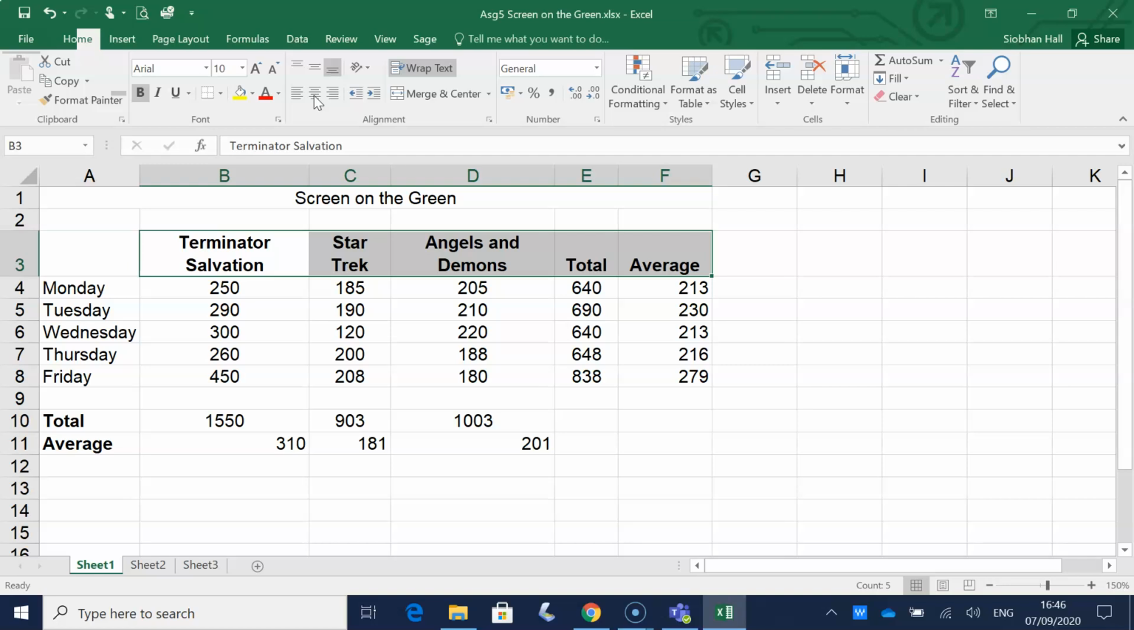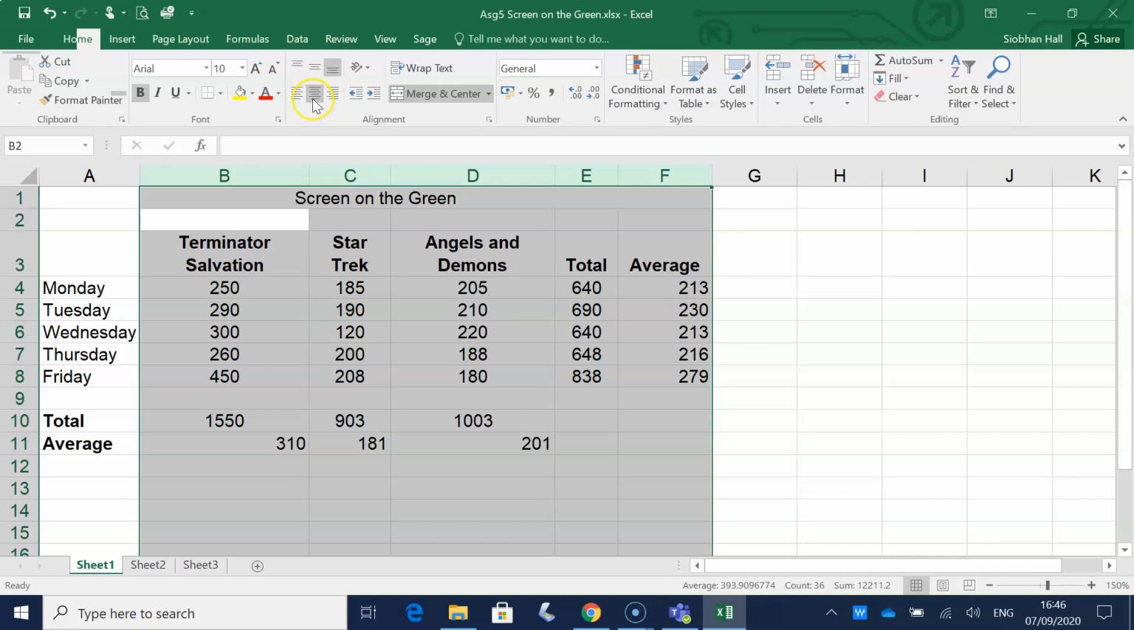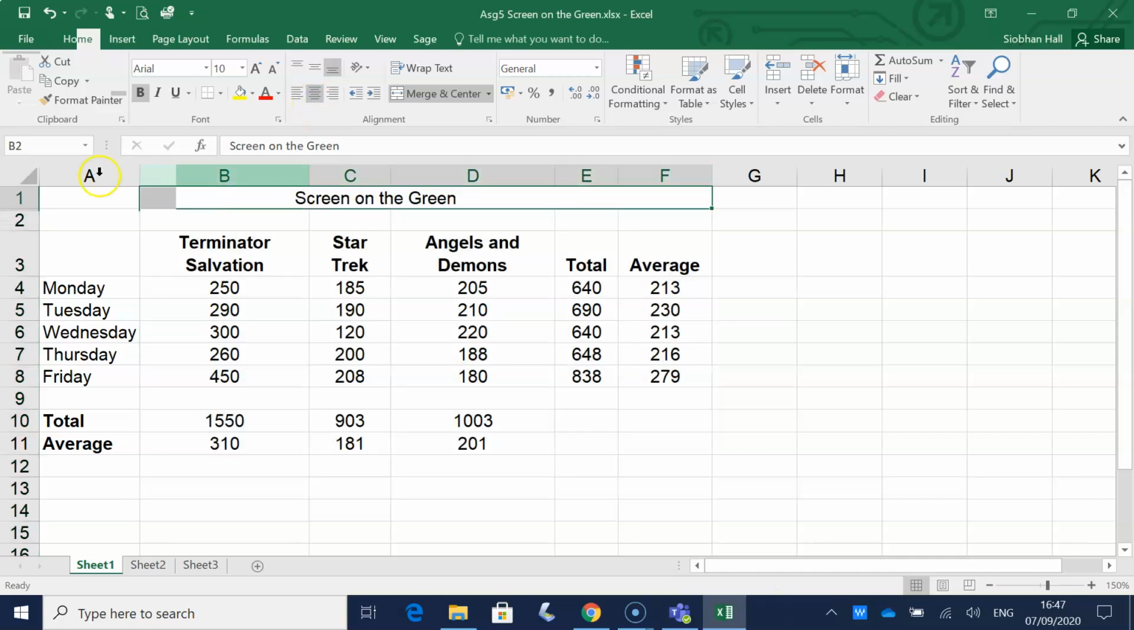He asked us to center all the data, except for column A. So we will highlight columns B to F and center all the data. And finally, screen on the green should be in bold as well. So when you're happy with your